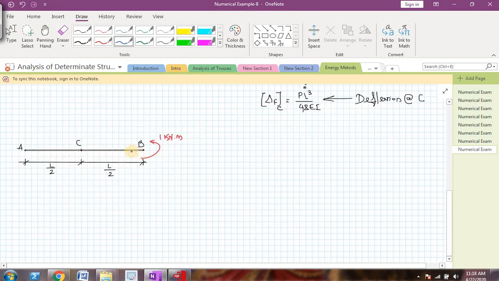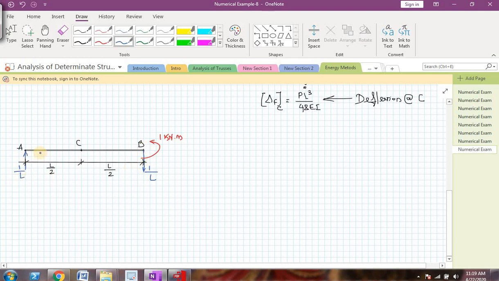Okay, I have drawn the beam here. Now I have to find the reactions. Those reactions can easily be calculated using equilibrium equations. So let me draw those reactions. I will have a reaction here which will be downwards, and here it will be upwards. This value will be 1 by L and this value will also be 1 by L.